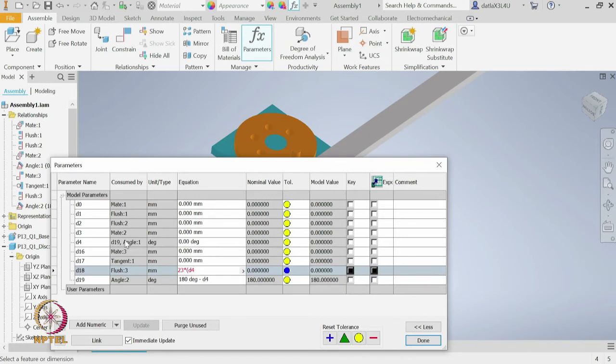So, I will multiply it by 3.14 divided by 180. Maybe I need to specify the units. So, let us say this is mm, and let us see if it takes this.